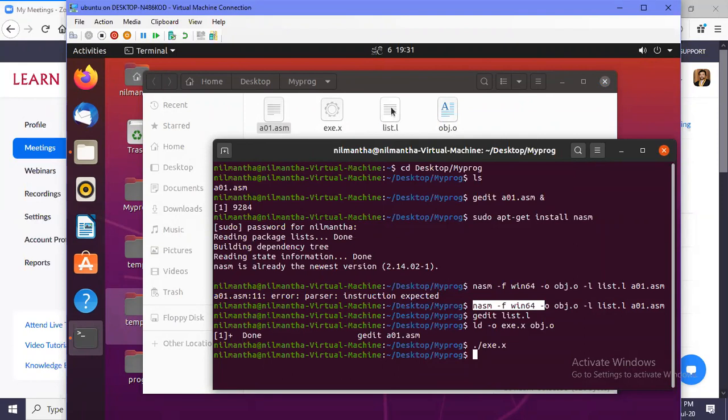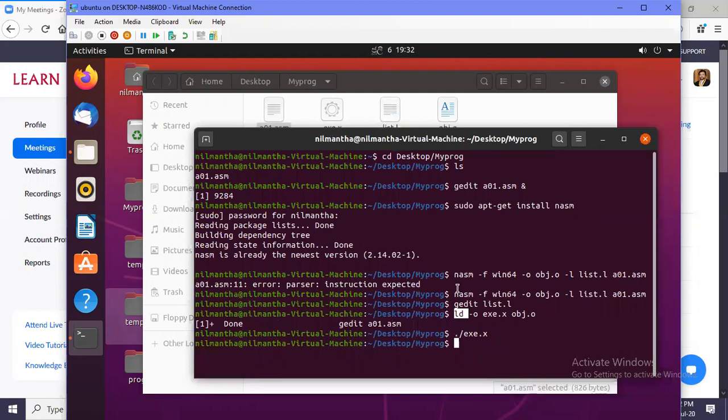The list file is optional, that is for us to understand the virtual memory addresses and the link between the machine language instructions and the assembly language instructions, what the corresponding assembly language instructions are for the machine language instructions, etc. Then we use LD, the link command, to create an executable file from the object file.